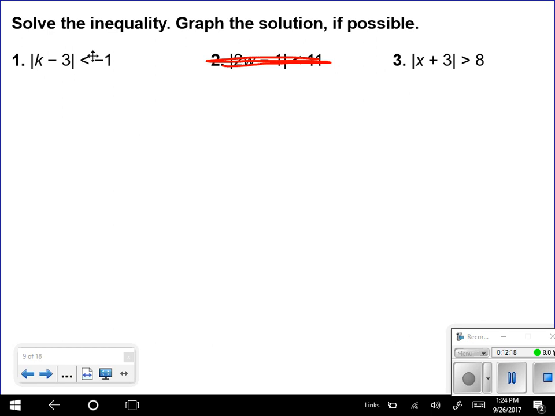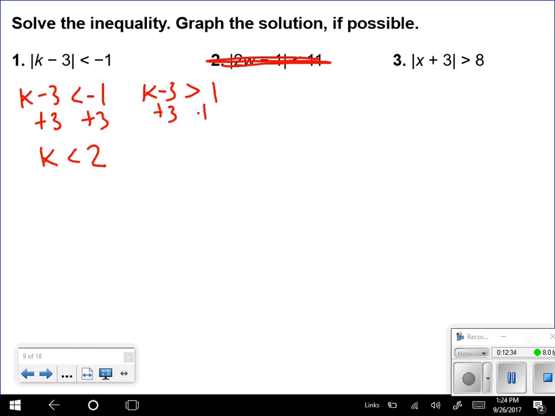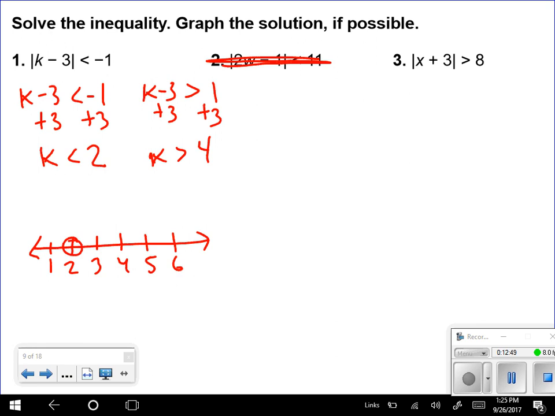So this is an and, okay, because it's less than, so I'm going to write one that's exactly the same, and one where I flip my inequality and use the opposite. So I'm going to add 3 to both sides, so k should be less than 2. I'm going to add 3 here, so k should be greater than 4. Okay, so remember they should run into each other. Okay, so I have an open circle at 2, and k is